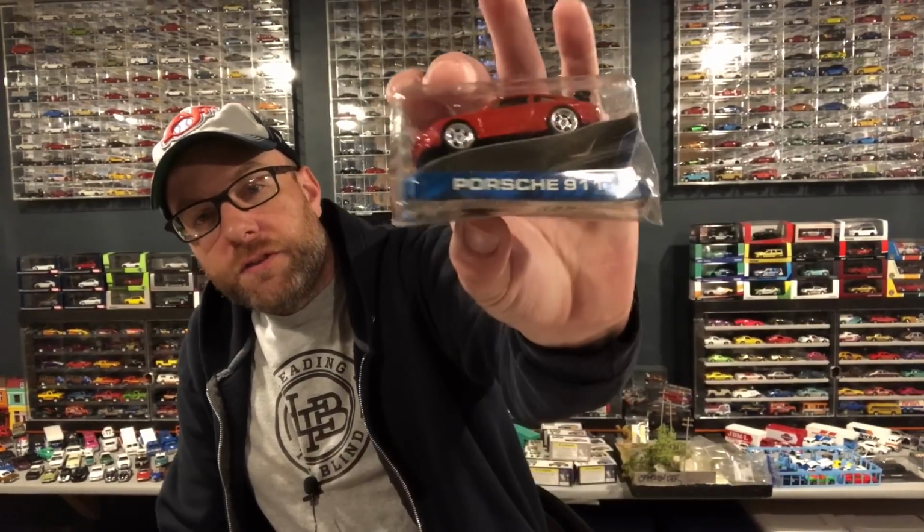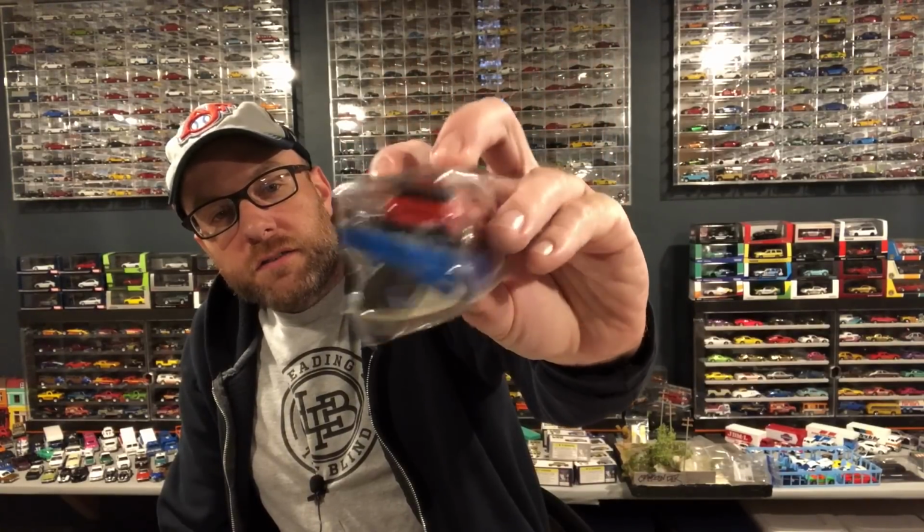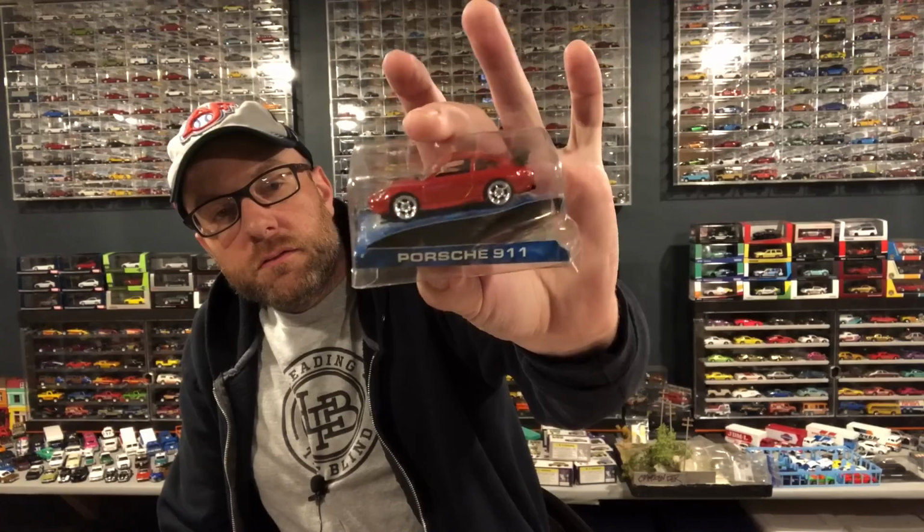So there's that. And then let's see here. I got this Porsche. I think this was from the same seller. Porsche 911. It's a Hot Wheels. I don't know if I have this one or not. It doesn't really matter because I guess it's sort of already opened. So we'll remove this from this little plastic